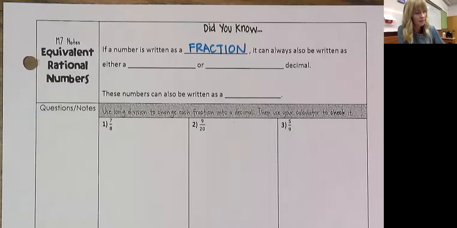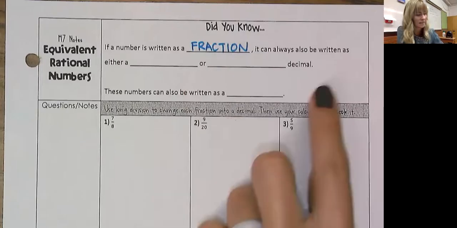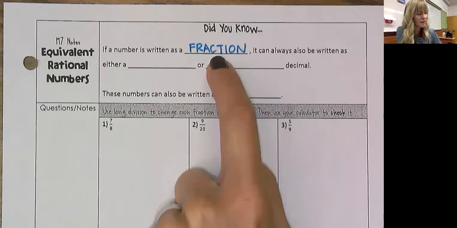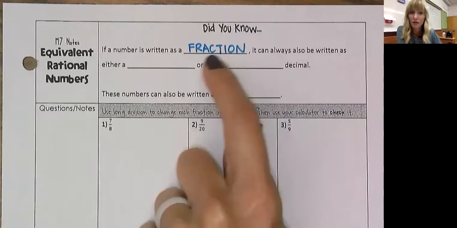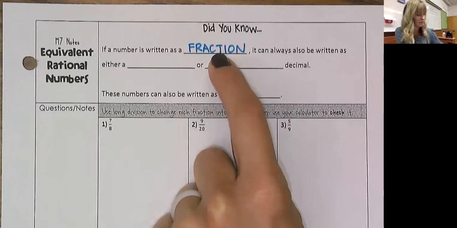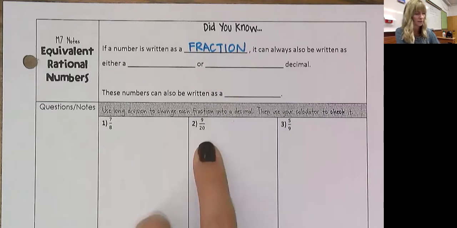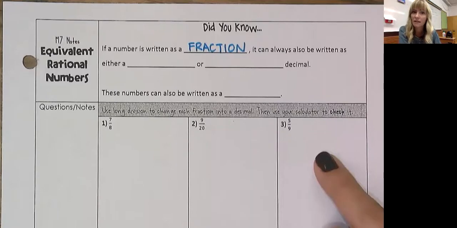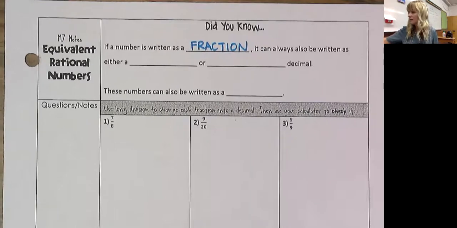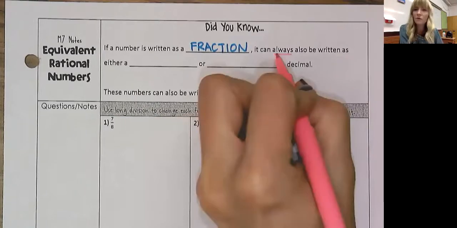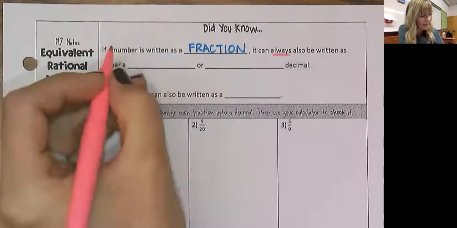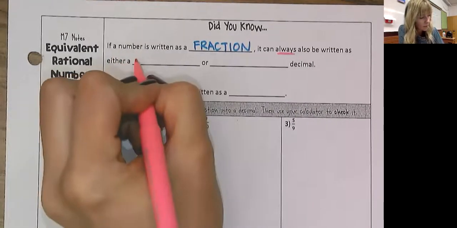Okay, first of all, on the top, we have a little fill in the blanks here. It says, did you know? And I already filled in the first word for you. If a number is written as a fraction in the form a over b, and you can see these 3 examples right here. We have a fraction, 7/8. We have a fraction, 9/20. You have a fraction, 5/9. If that number can be written as a fraction, it can always, I'm just going to underline that there, it can always also be written as either a repeating